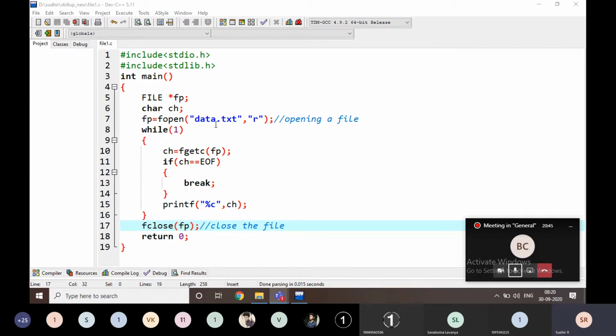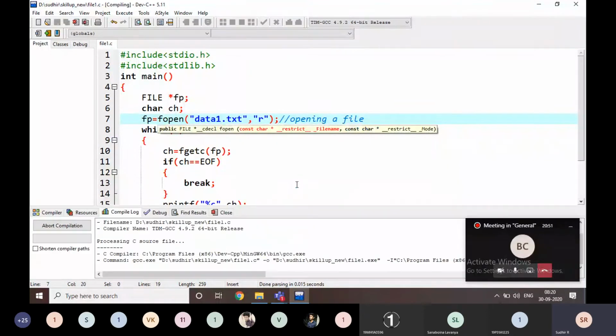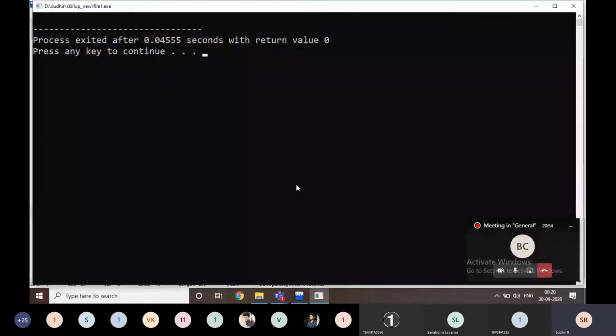Now I am going to read another file, data1.txt. For example, I am going to execute it. There is no content in this file, that's why it is not giving any output here.